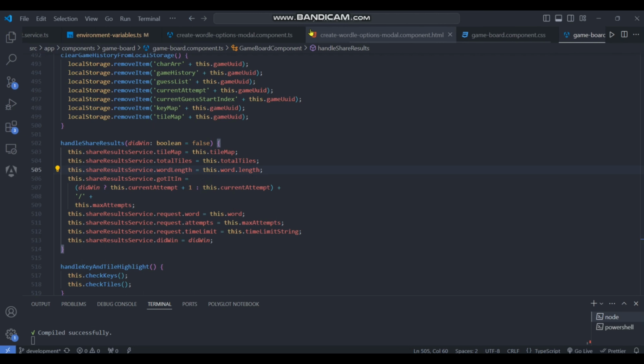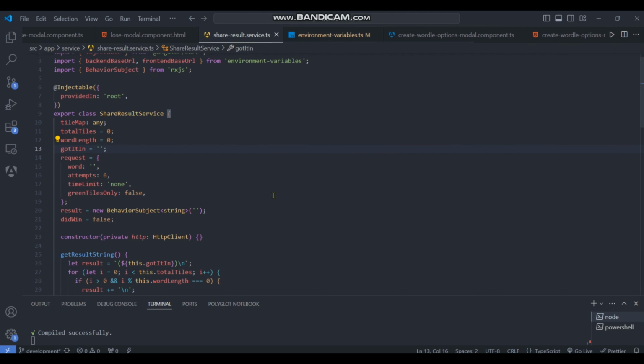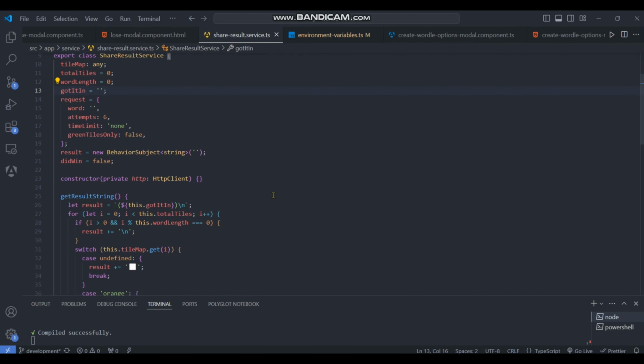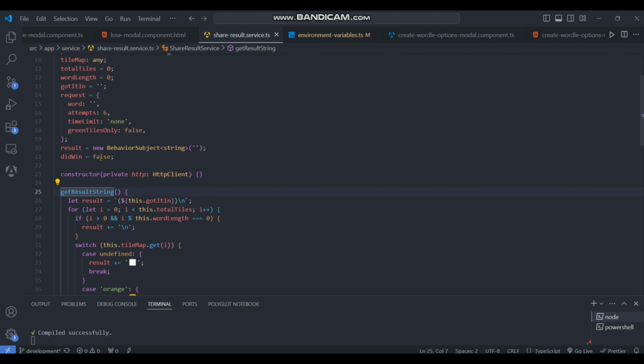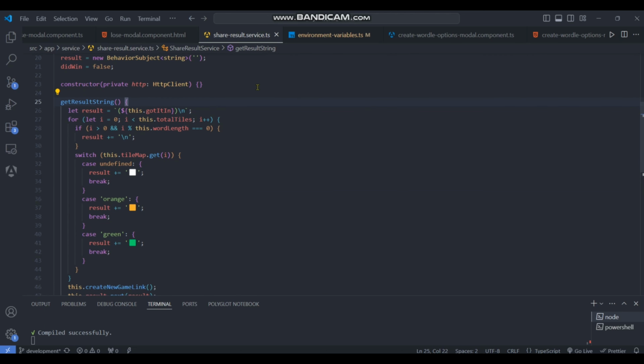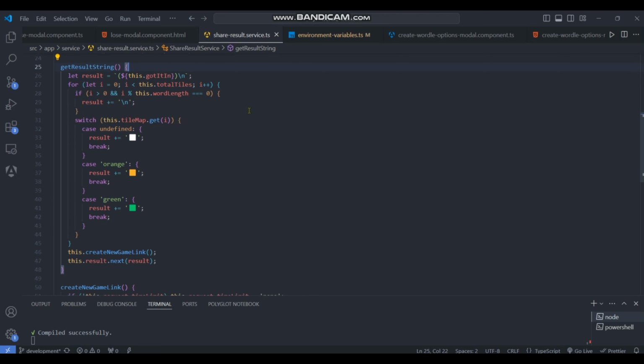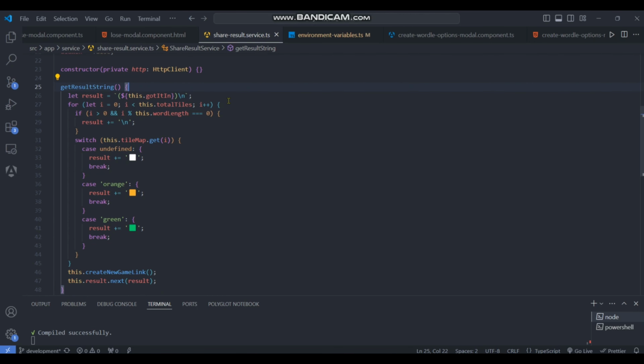Let's get back to this. In the win or lose modal, we call this method get result string. You subscribe to this result behavior subject. It's just that little message that says like 2 out of 6 or 3 out of 6 attempts, and it's a giant string. We want it formatted correctly no matter the length of the word. If we have a word that's 8 letters, we want